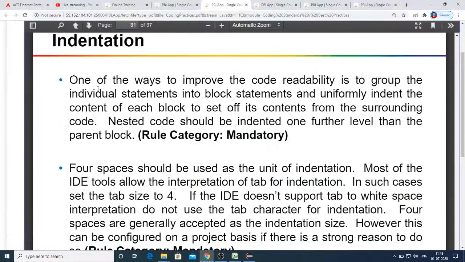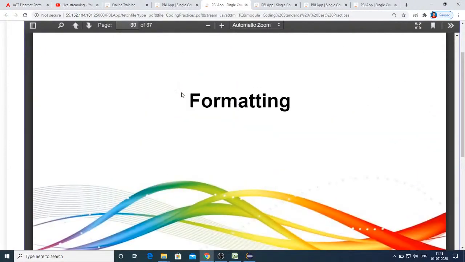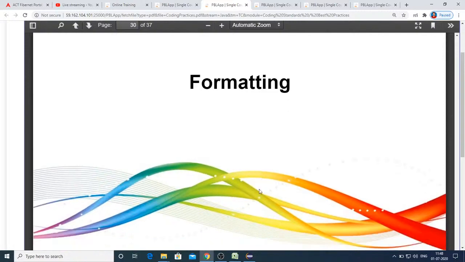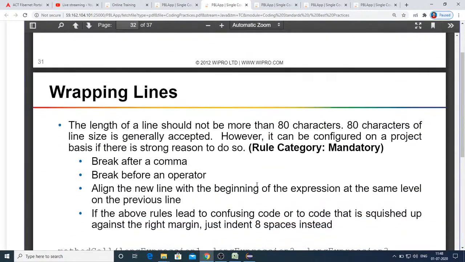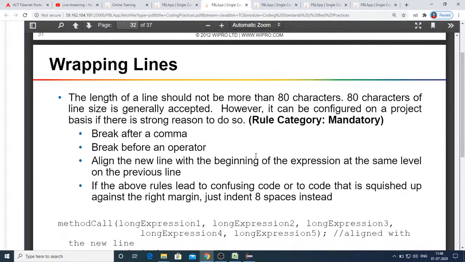So I just said you as part of indentation, because this is what formatting is all about. So this formatting you will find under the code style of Java in the preferences window. And this is also very important. One advantage is, if you are not using an IDE, you need to remember all these formatting standards. But if you are using an IDE, the greatest advantage is they are built with universal standards.